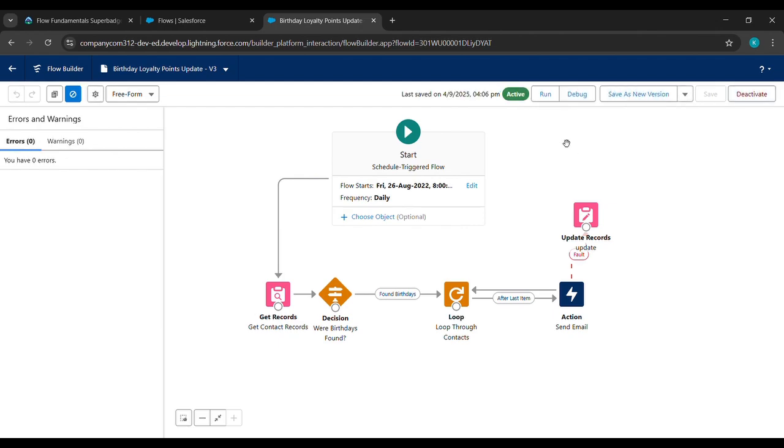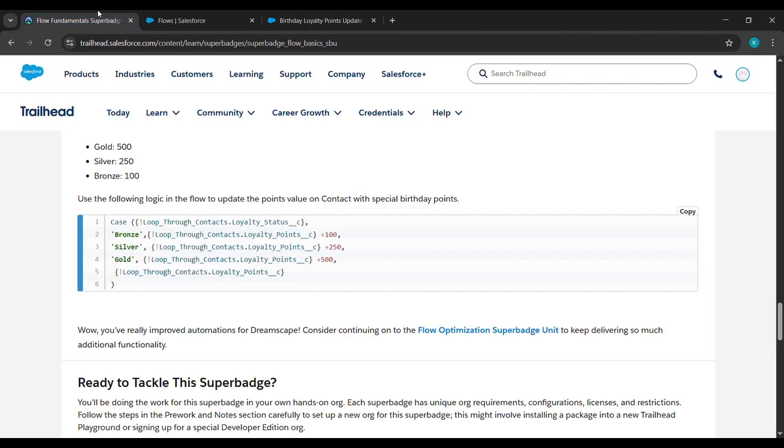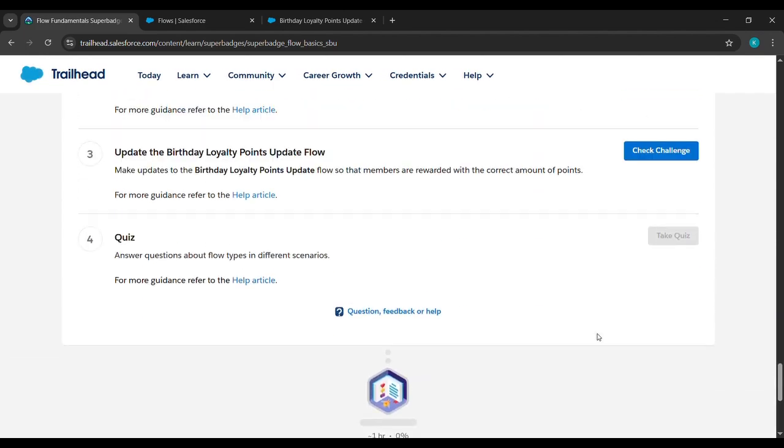See, now activate is done. Now we will come to the place from where we have started our challenge, and we'll just click here to